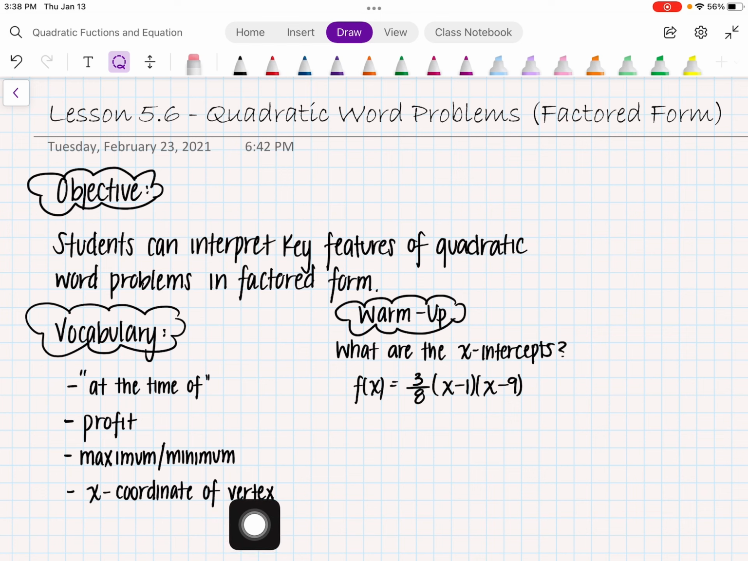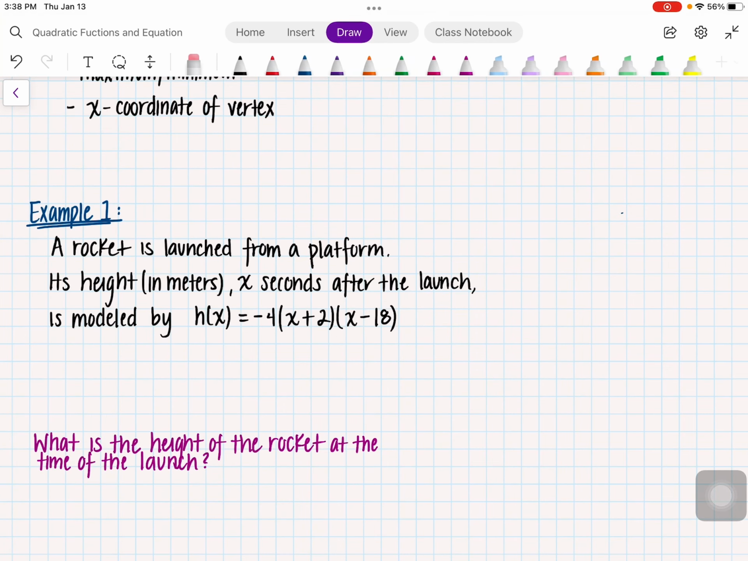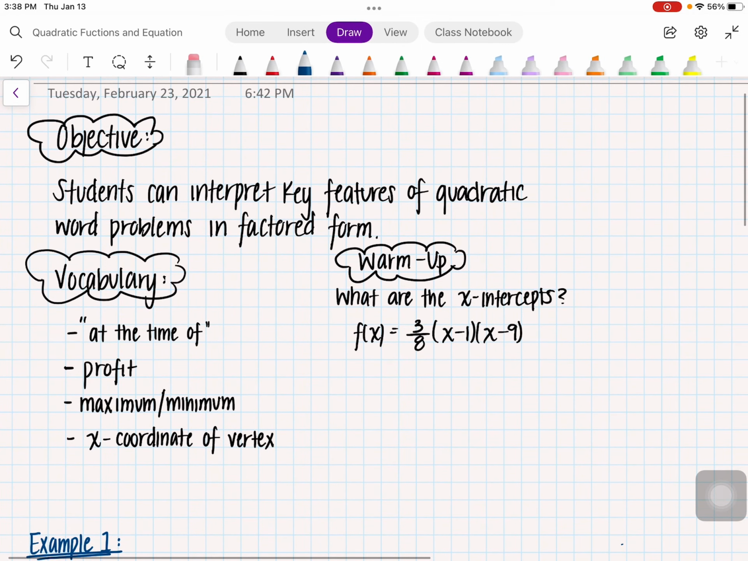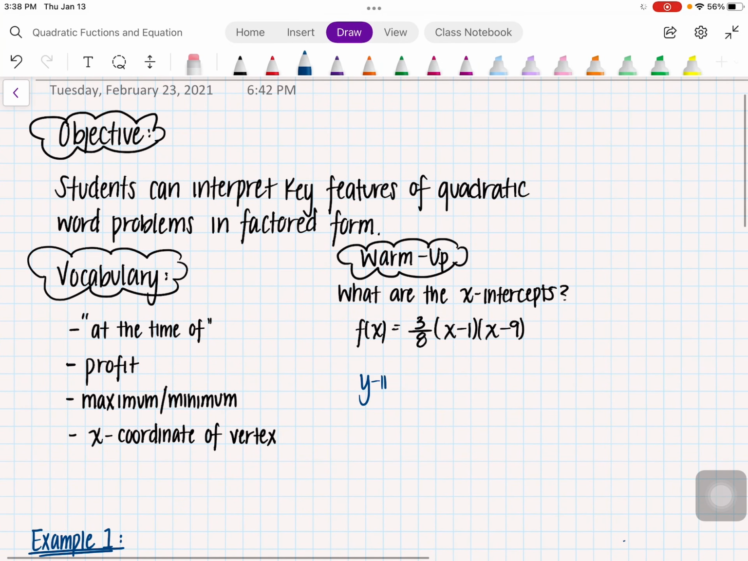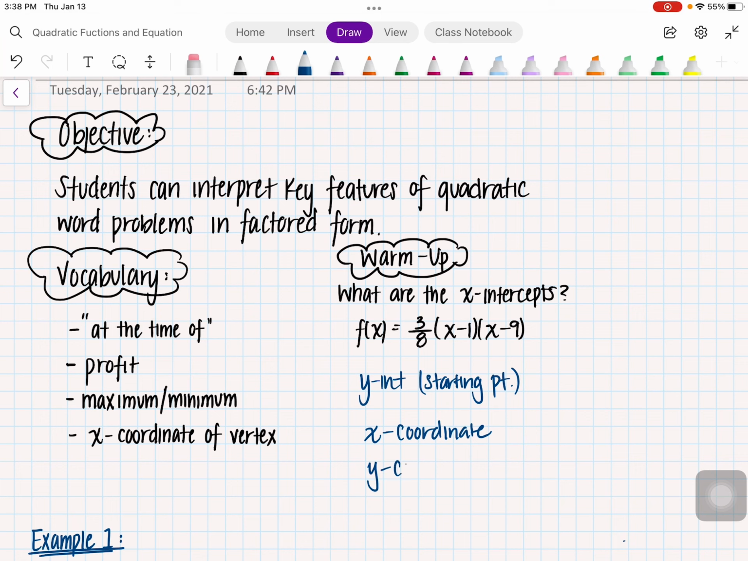A few of our vocab terms here are at the time of, profit, maximum, minimum, x coordinate of the vertex, and so on. In this case, guys, the goal with these word problems is we want to identify whether we're going to be looking for key features in quadratic equations, whether it's going to be a y-intercept, which in this case indicates the start or starting point. We could also be looking for the x coordinate of the vertex,